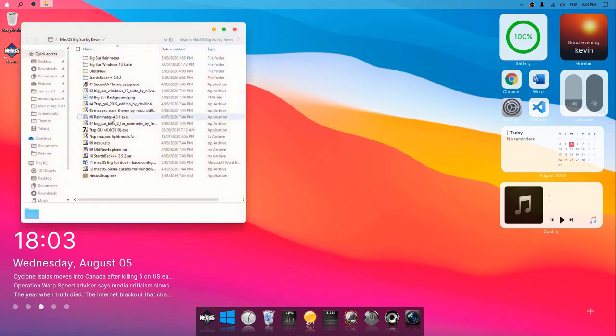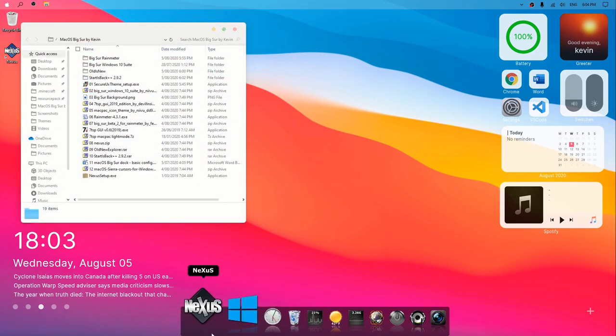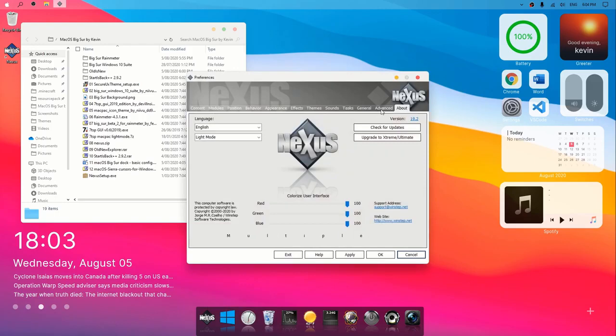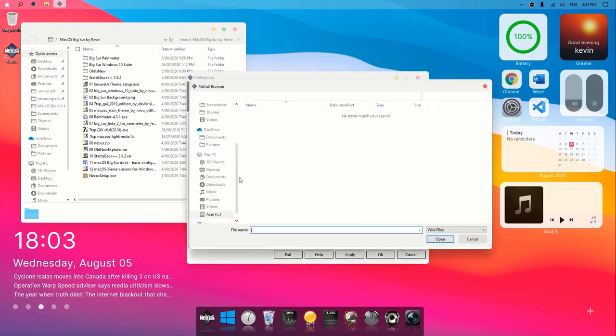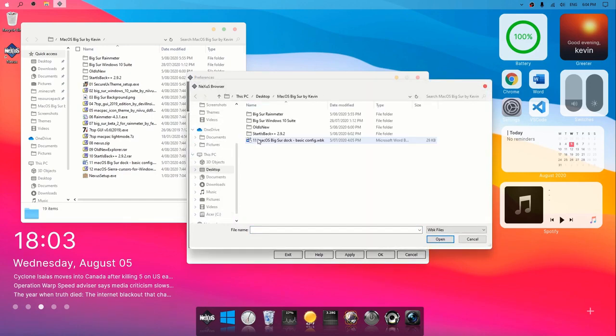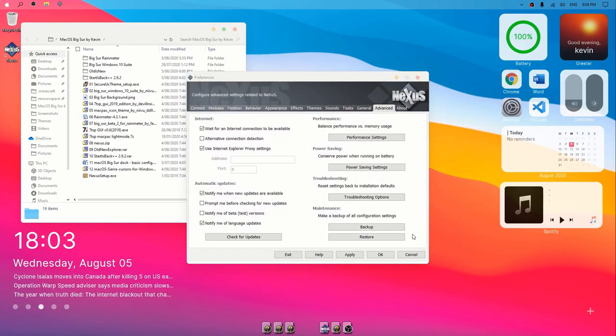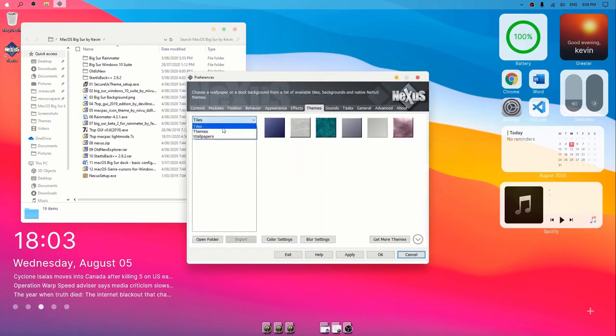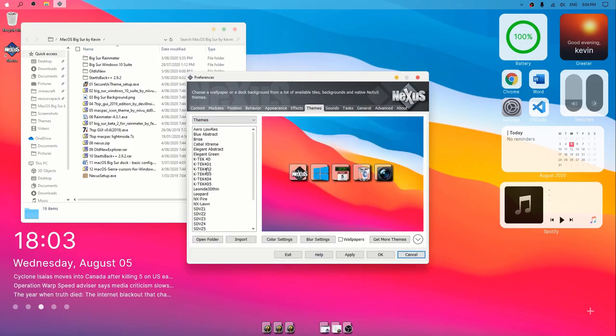And I guess now it's time to fix that ugly dock. So we're going to right click on this dock, and we're going to press preferences, advanced, restore, and we're going to navigate this to our desktop, open this folder, and see this. We're going to click open, and we're going to click themes, and then we're going to click themes here, and if we scroll down,